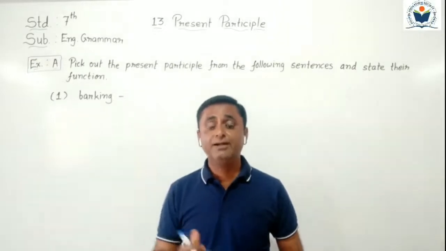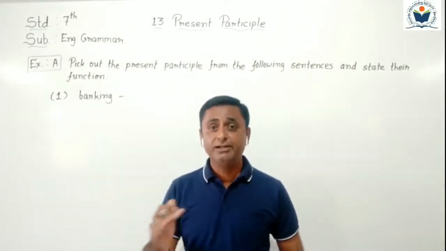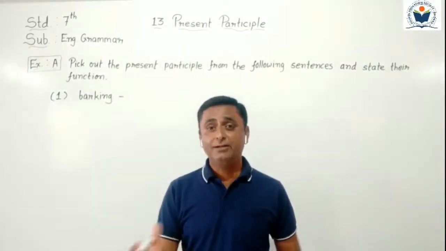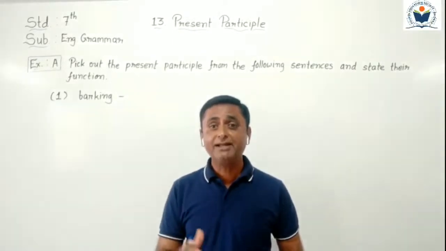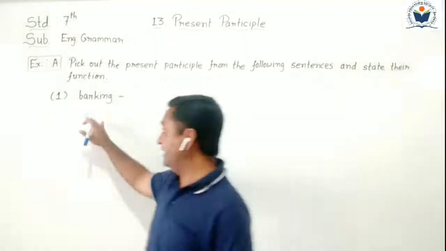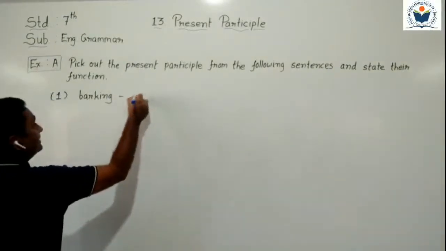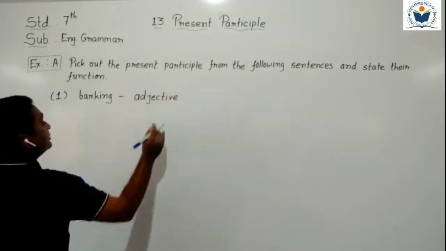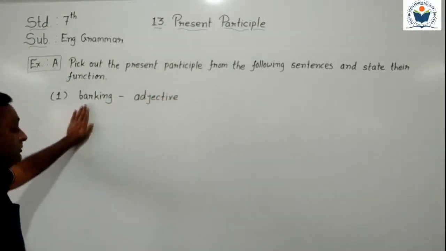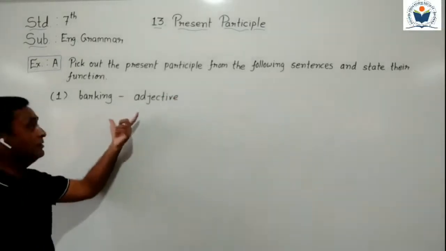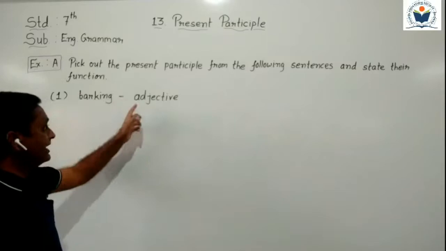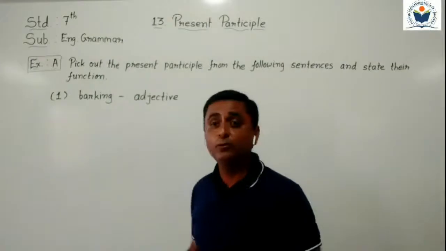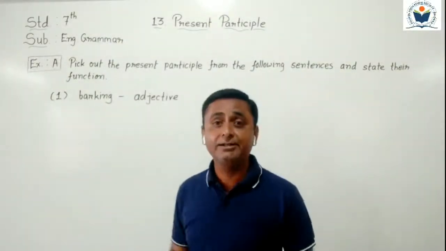Adjective always modifies nouns and pronouns. So here dogs is a noun. Before dogs we put barking, which means it modifies dogs. So we can say that barking is used as an adjective here. So our answer becomes like that: barking, it is used as an adjective. So your answer is complete. You have to write the answer like what I have written on the board. You have to write barking, then put a dash. After the dash, you have to write the function of that present participle, so I write here adjective. In the same way, you have to write the answer in your grammar textbook.